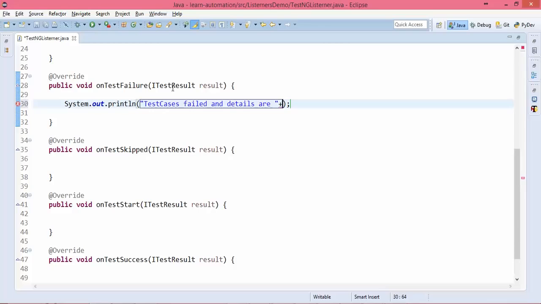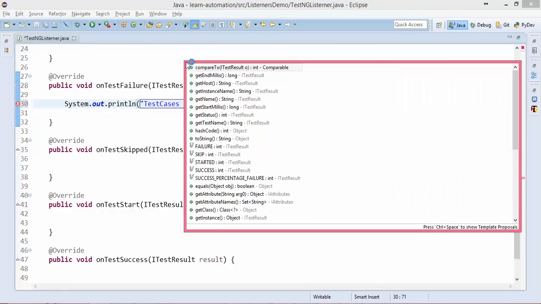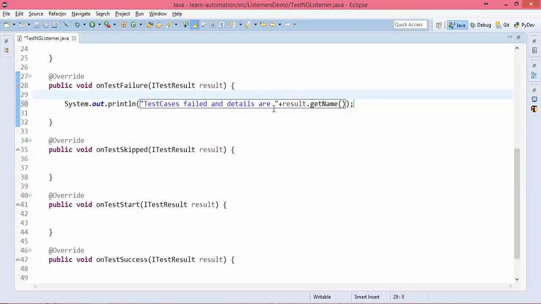Whatever details you want, if you simply say result dot, you can see so many predefined methods. It will tell you when it ends, it will return the time in milliseconds, the host, start time, status, and all. As of now I need the test case name, which test case has failed.